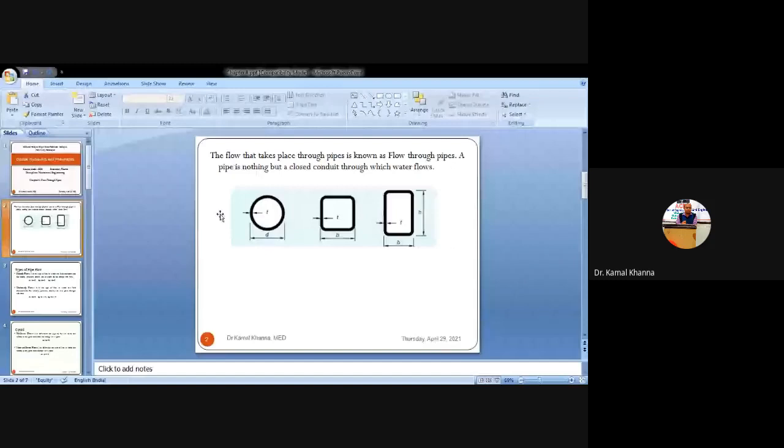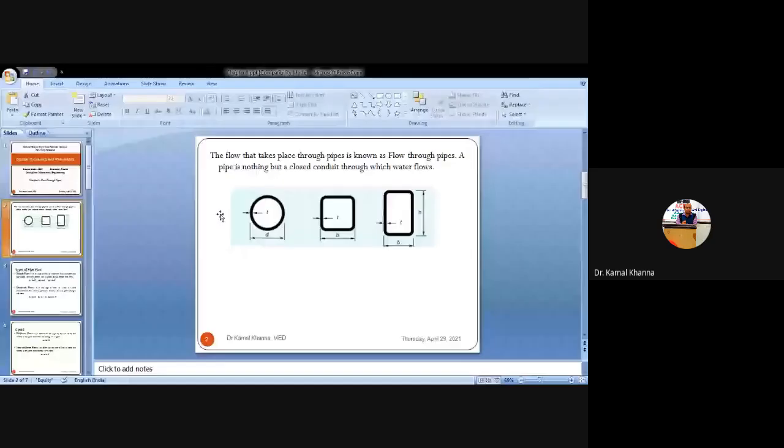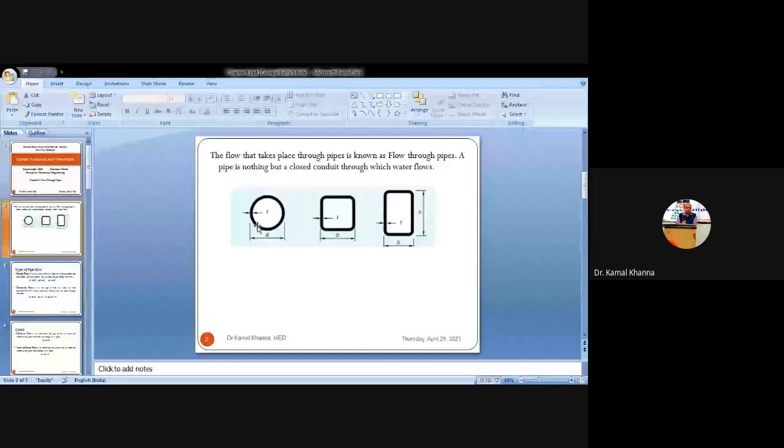So this is first, you can see this is a circular pipe having some thickness, that is internal diameter as well as external diameter, and its material is having some thickness, and the thickness is equal to the difference between the diameters of the internal diameter as well as the external diameter. Similarly, if you are moving towards the rectangular pipe, you can see there is some length and breadth of the pipe, and it is also having some thickness in mm.